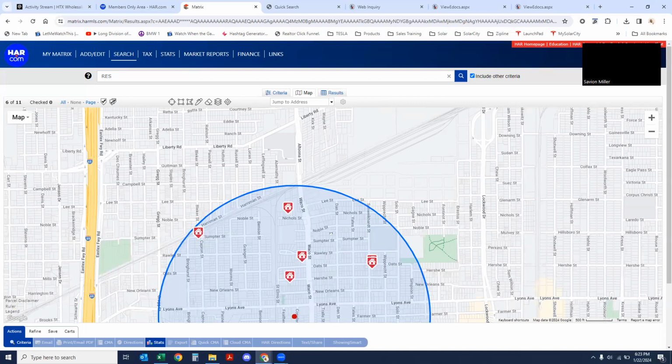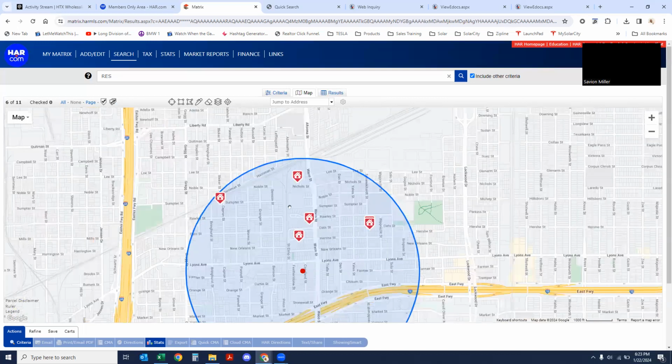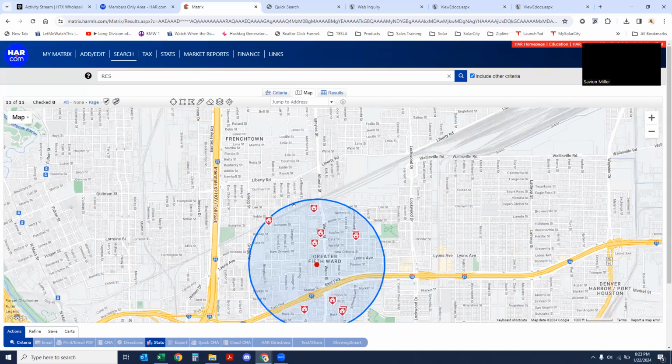So this is very important for you to know what the new construction is. I'm on the MLS here, so this is going to be the most accurate data that you're going to be able to get. So then the next thing we need to do,